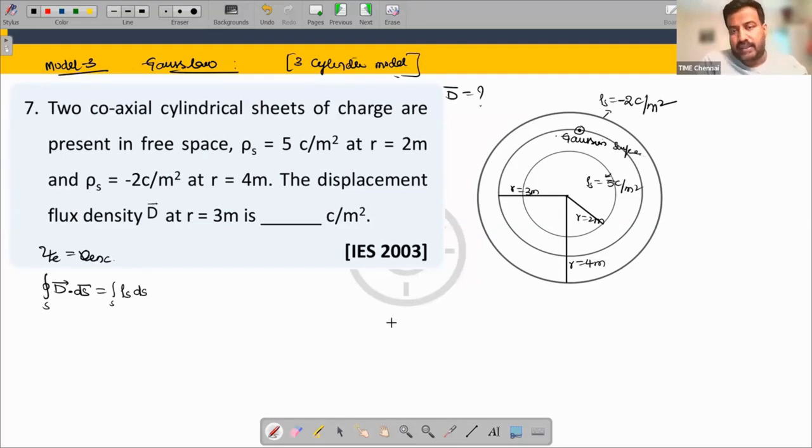I need to find the charge enclosed by the Gaussian surface. The Gaussian surface is enclosing the inner cylinder. So when I do this calculation, I must consider